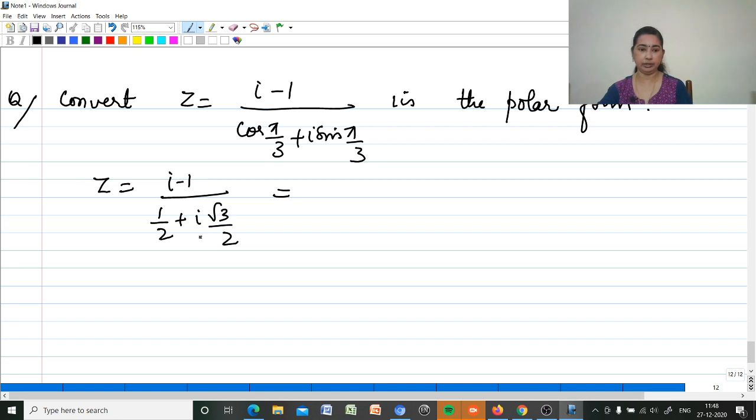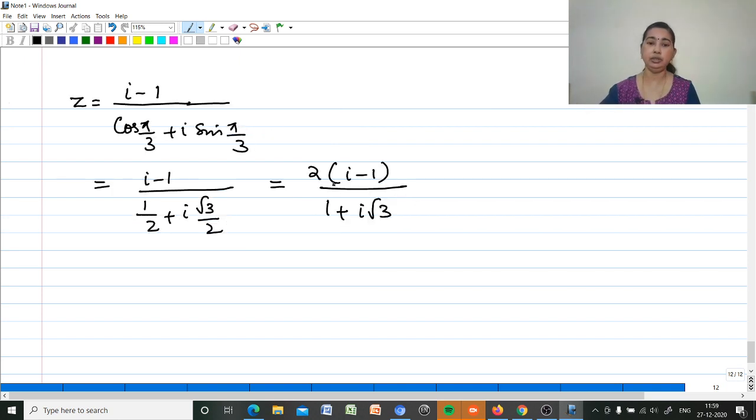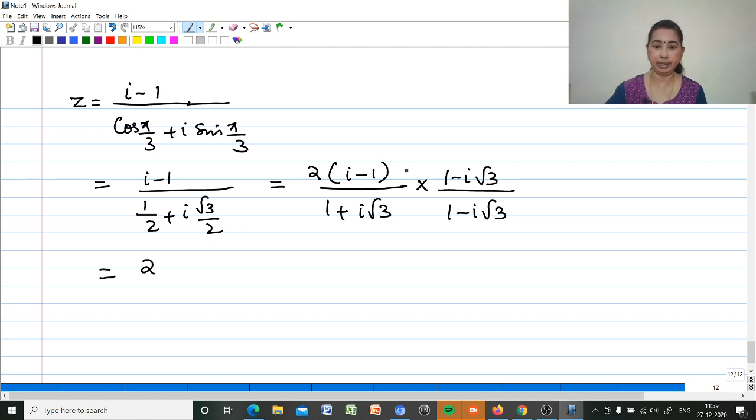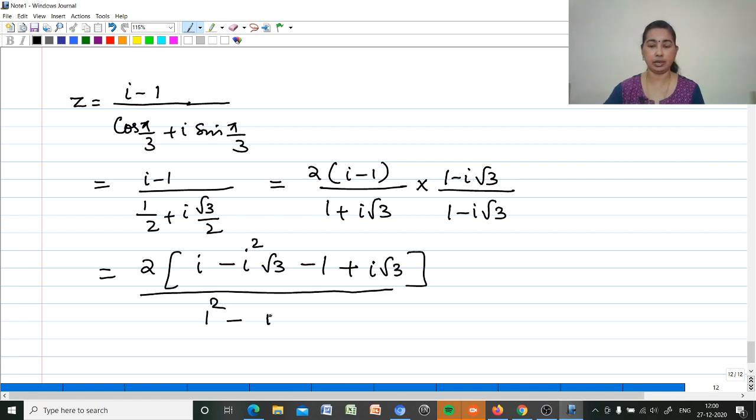And that is equal to, here denominators are same, 1 by 2 plus i into root 3 by 2. 2 is common, that can be taken to the numerator. So 2 into i minus 1 by 1 plus i root 3. Multiply by its conjugate, so into 1 minus i root 3 by 1 minus i root 3, which is equal to 2 into, we can multiply the numerator and denominator. So numerator multiplying, we are getting i into minus i square into root 3, then here minus 1, then plus i into root 3, divided by 1 square minus i root 3 whole square,